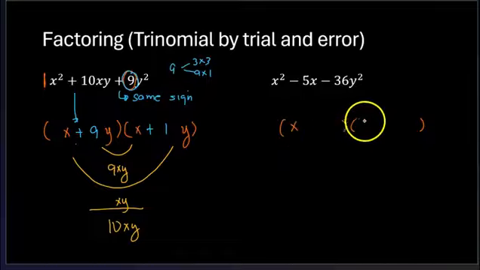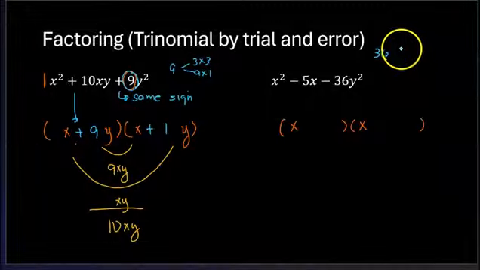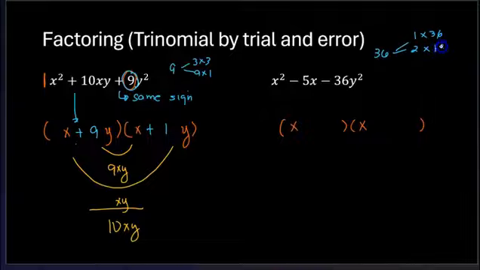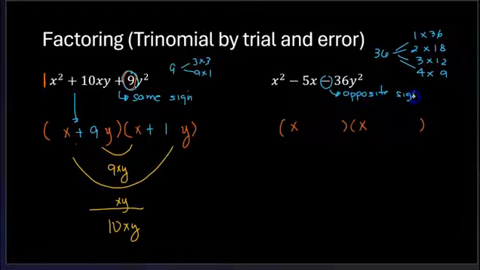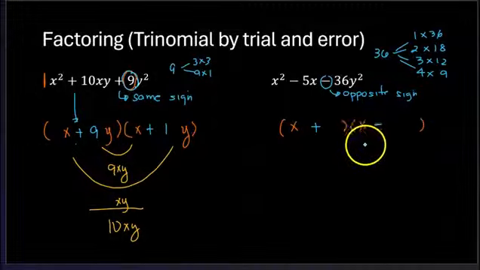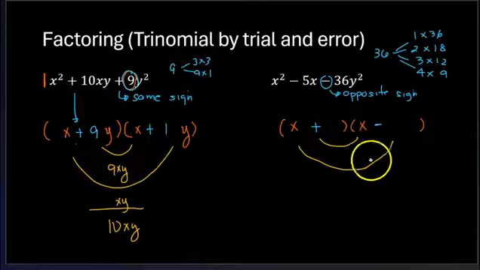So this is x, this is x. Now 36 has more factors, like you can multiply 1 and of course 36, 2 and 18, and then you can have 3 and 12, and of course you can have 4 and 9. Okay, so that's more challenging if you have more combinations to get the product. Okay, but look at this one. This is minus, no? What's the meaning? That means you have to have opposite signs. So that means one is addition and one is subtraction. So if I'm going to do the checking later, one is positive and one is negative.